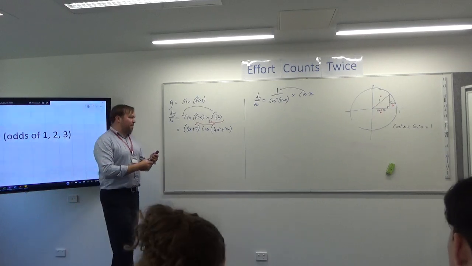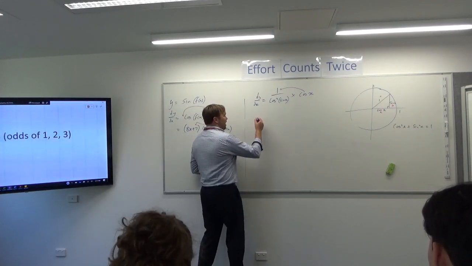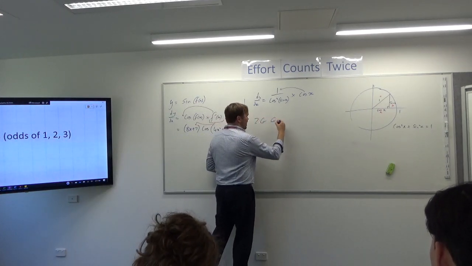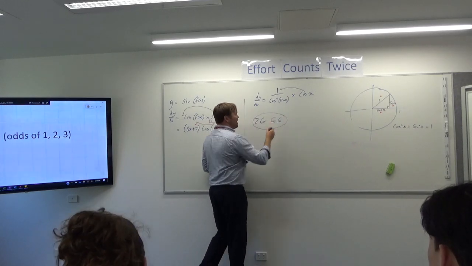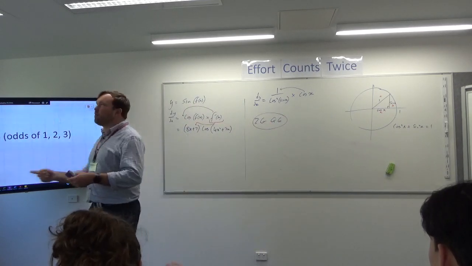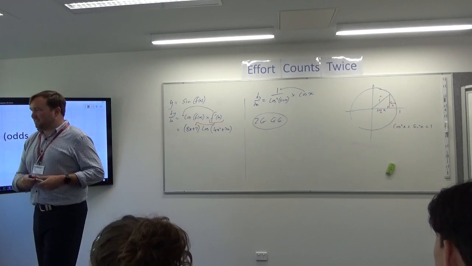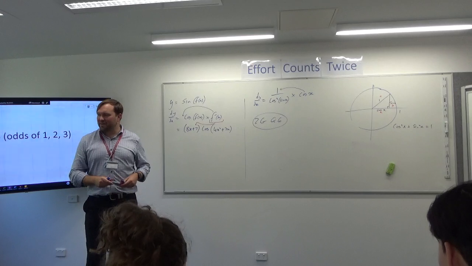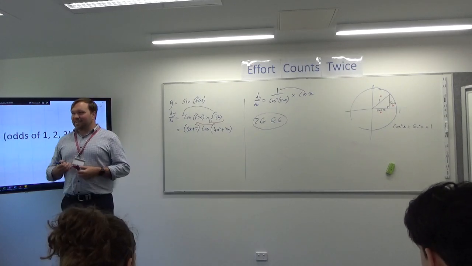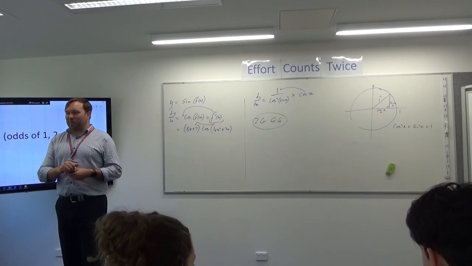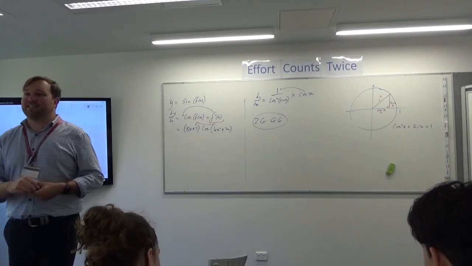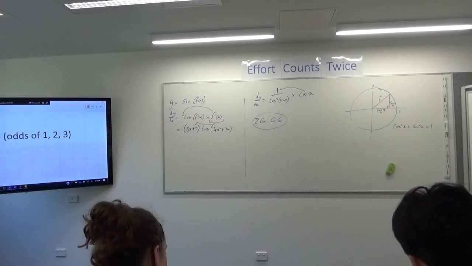And if anyone's done 2G question 6, it's particularly weird. So if you do get stuck on that one, please show me how you did it. There is a by hand way, which I'll show you. Yes? Then you showed me how to do that question with a calculator, but